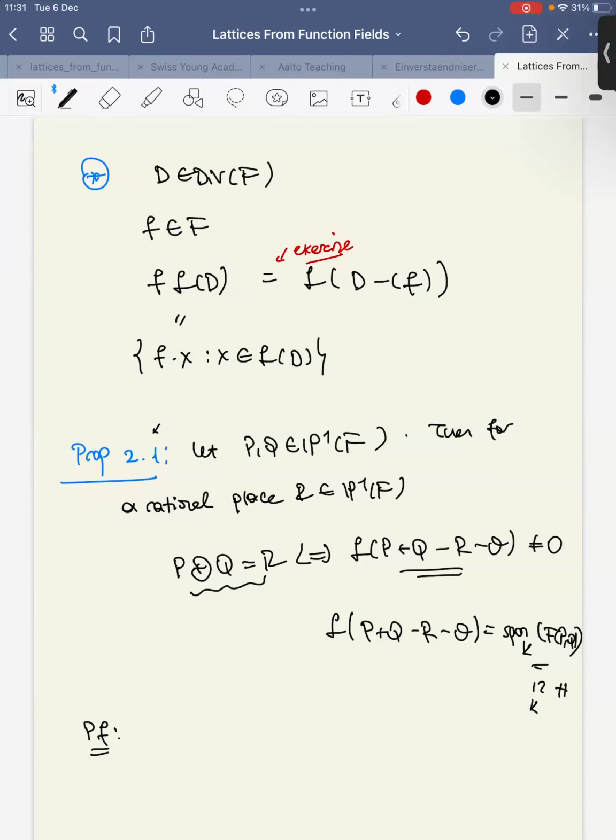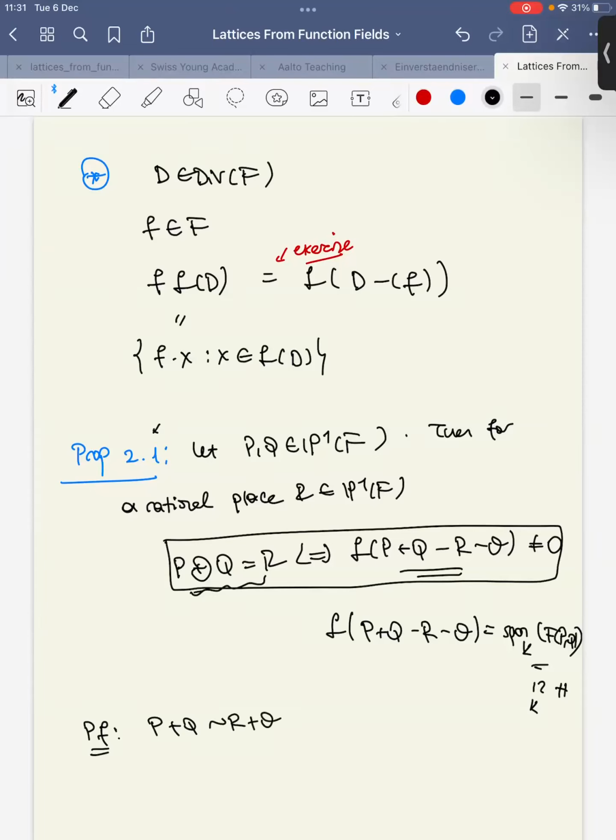Actually, by using the lecture material, you can see this equivalence, right? Because if we define this P like this addition, in terms of the divisor equivalence, we know the existence of a function z such that P plus Q is equal to R plus O plus Z. So P plus Q minus R minus O is exactly Z, so Z inverse in the Riemann space